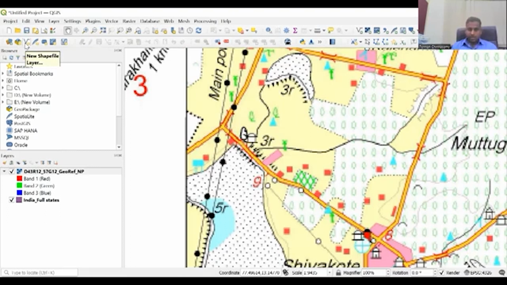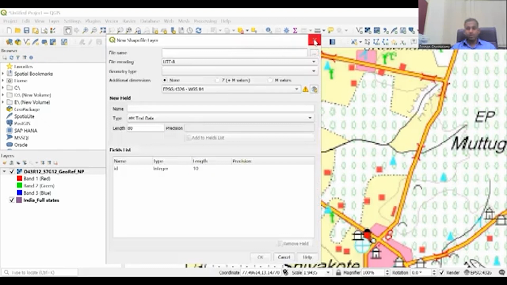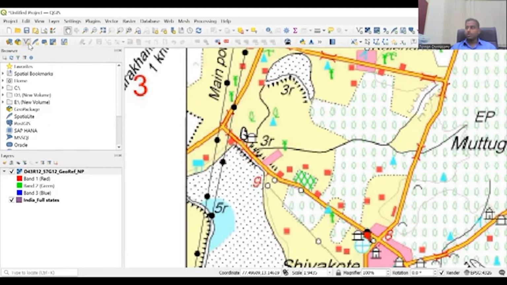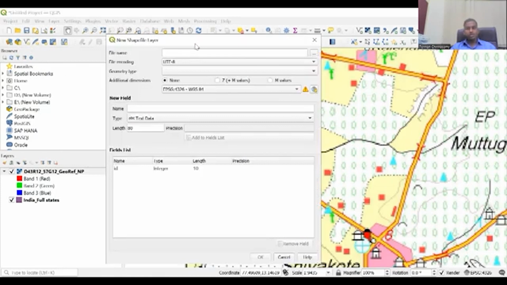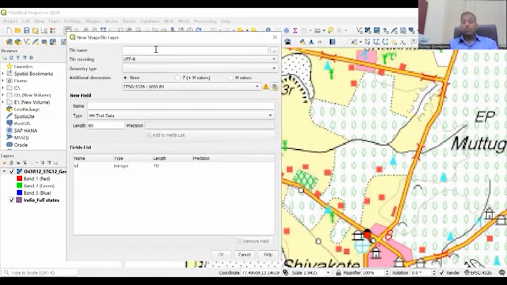So let's click that layer, and then a new shapefile window opens up. It is opening up in a different window. So I'm going to close it again and open. Hopefully to see it open here. Yes, now it's opening on your screen. Now what we're going to do is, we have to name it. So let's name it wells. Okay, so well locations, wells underscore tanks for this geolocation, but more details you have to give. But just for now, we'll say, okay, let's say even that